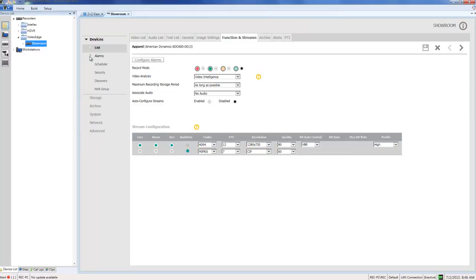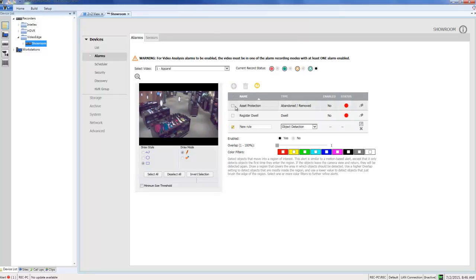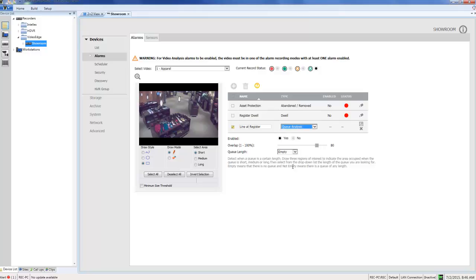I'm going to choose alarm under devices here, and our camera is actually already selected from the drop down, so I just need to choose the plus icon to add a new rule and give my rule a name here. And now I need to select the type of rule that I'm going to have. So it's actually going to be a queue analysis alarm. That's what I'm going to select from the type, and you can see we have some parameters underneath here that I need to configure. First of all, I'm going to make sure my alarm is enabled, which it is, and